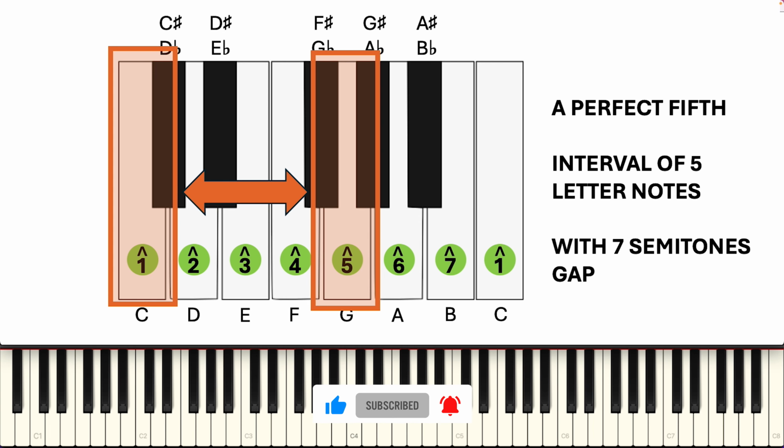Do you remember when we talked about perfect fifths? This is in fact an interval of 5-letter notes that has a gap of 7 semitones. In this case, we are doing it on a C major scale, starting from C all the way up to G. So 1, 2, 3, 4, 5. So 5-letter notes and the gap between them, starting from C, 1, 2, 3, 4, 5, 6, 7. This distance between those two notes is what we call an interval, and a fifth is just an example